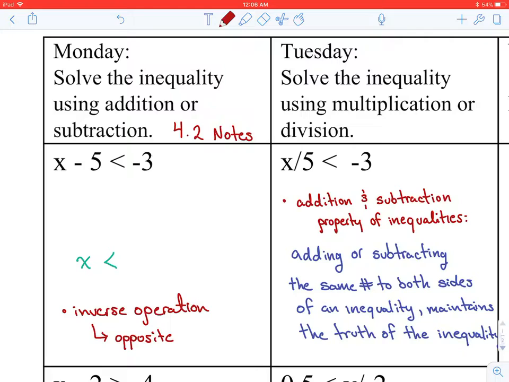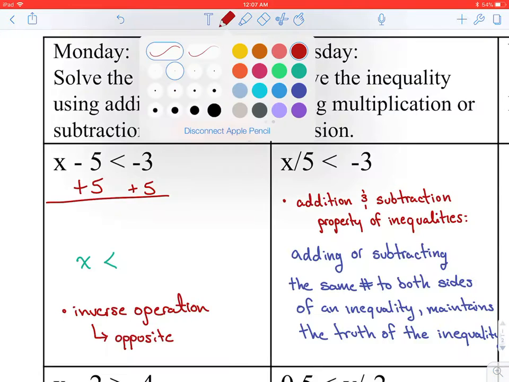And so here for x minus 5 is less than negative 3, you want to use the inverse operation of subtraction, and the inverse or opposite of subtraction is going to be addition. And so to that minus 5, I'm going to add 5 to both sides of that, and that's going to give me my solution of x, and then x minus 5 plus 5 is just x,